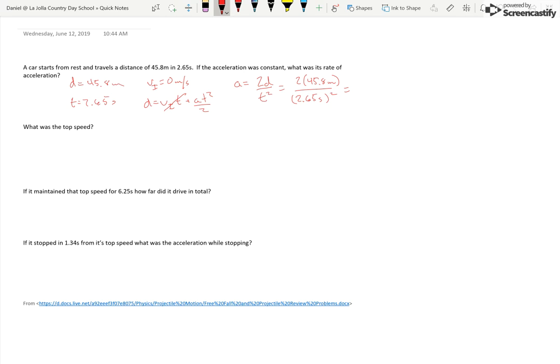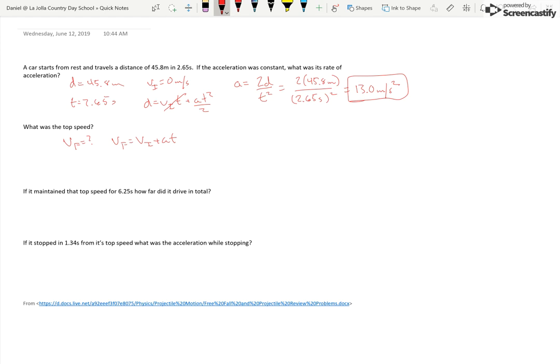And then with our calculator, we get 13.0 meters per second squared for our rate of acceleration. So the next question asks, what's the top speed? Well, there we're looking for VF as our unknown. We always know that VF equals VI plus the acceleration times the time. It's going to tell us how,